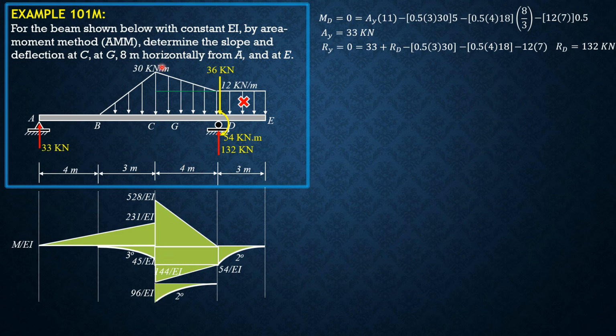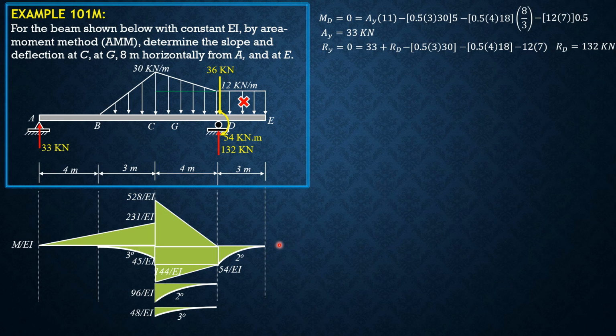Then for this triangle here, it is 1/2 or 0.5 of 4 times 18 times 4 thirds. And the diagram is third degree. So again, 1/2 or 0.5 of 4, so that's 2 times 18, 36 times 4 thirds, 48. The height is 48 over EI. So this is the complete moment diagram by parts. There are so many areas involved. But anyway,